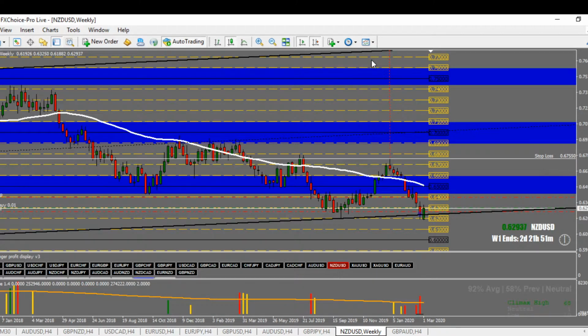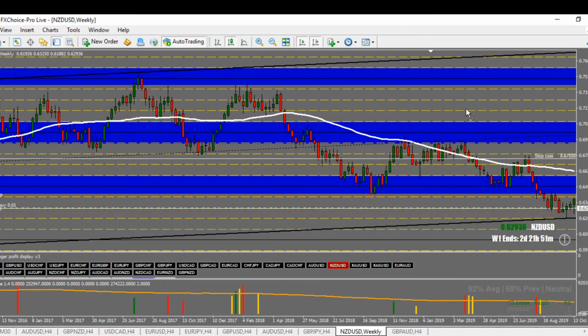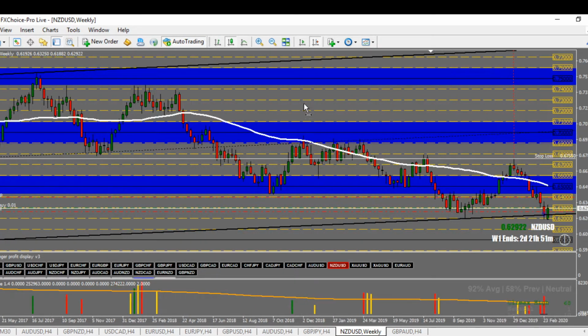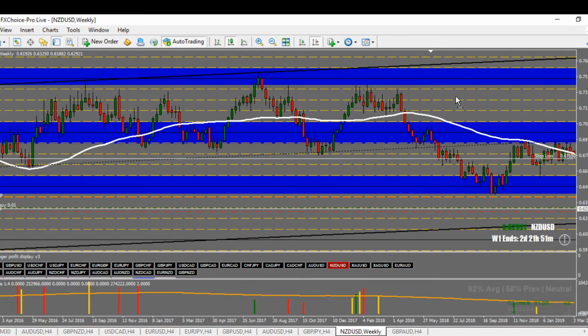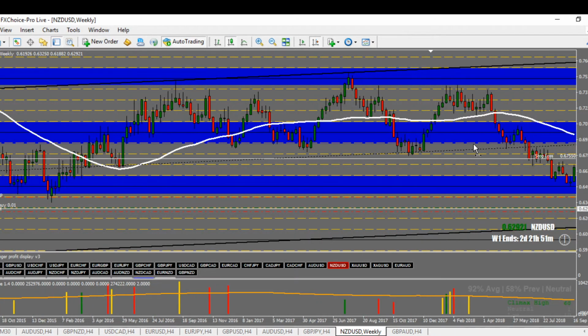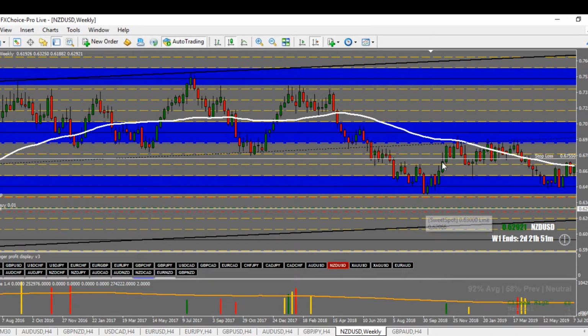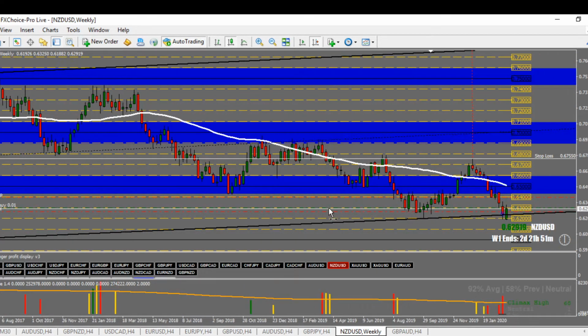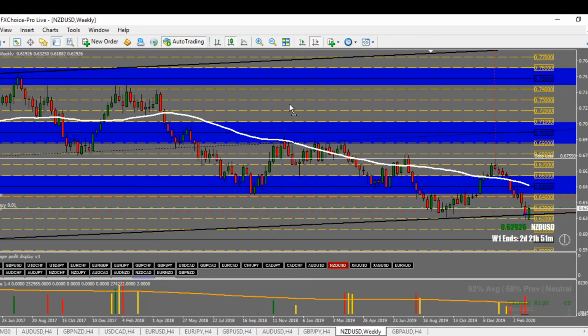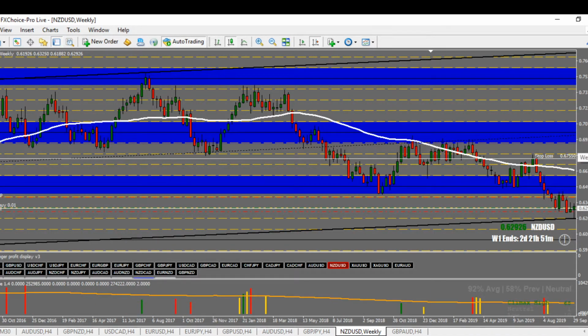Let me turn the auto scroll off. This top line is being respected. The second line is being respected. You got a bounce here, bounce there, bounce, bounce, bounce, bounce, bounce, break, bounce, bounce, bounce. Even the numbers, the golden numbers in between the black lines are great areas. Great areas. And from this point, you can go to your daily,